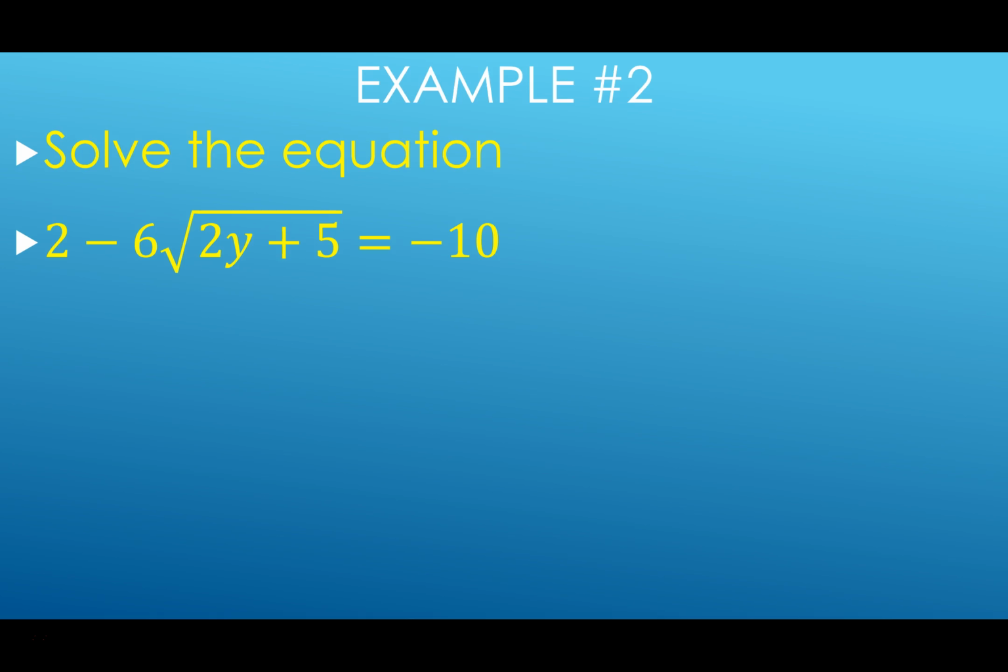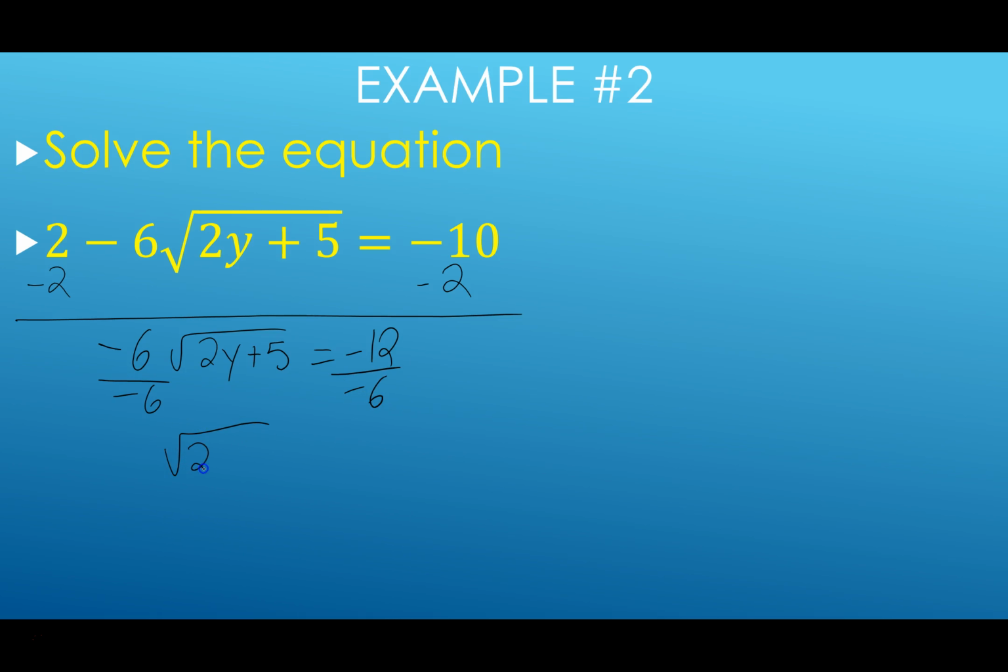So for this expression, we have a couple things going on outside the radical. We have a 2 and a -6. First thing to remember, PEMDAS, we multiply before we subtract. So I can't combine the 2 and the 6 together. I have to move the 2 over. Since it's positive, we subtract it to move. And then we have to divide by the -6 to cancel that, and leave with just the radical